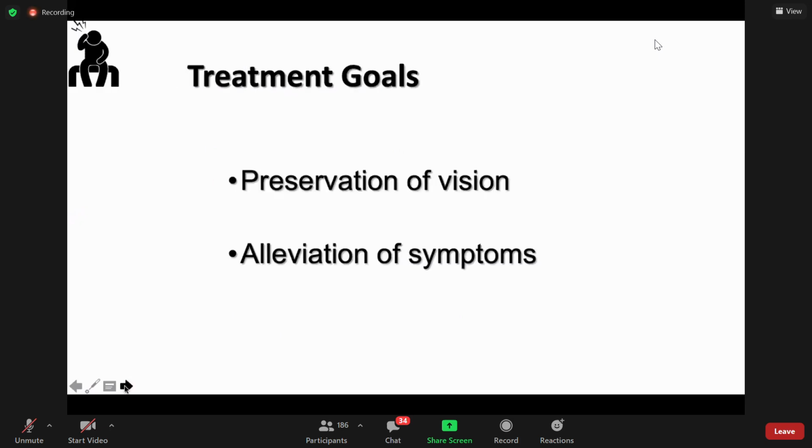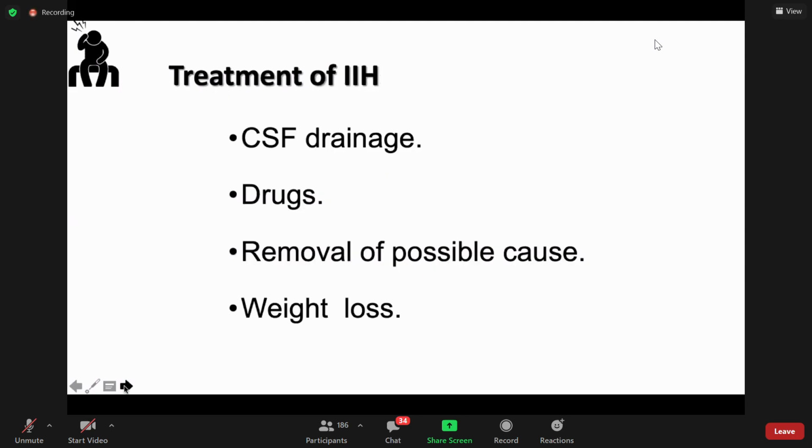The most important treatment is to preserve vision. The most important side effect of raised intracranial pressure is loss of vision. Otherwise, it doesn't have many more side effects. And so we also need to alleviate the symptoms of headache. How do we do that? By either CSF drainage or by giving drugs that will reduce the secretion of the CSF, or we remove the